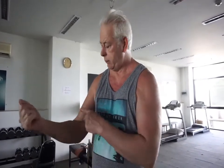Because you have to condition the muscle, the tendon, the ligaments, the vascular system, everything, the mind, everything has to be conditioned, so it takes time. So don't go in the gym, put some weight on and go crazy, because you're going to hurt yourself, and I don't need you to hurt yourself. So go into it slowly, warm up each day, and then muscle will grow, and you can stand up straight